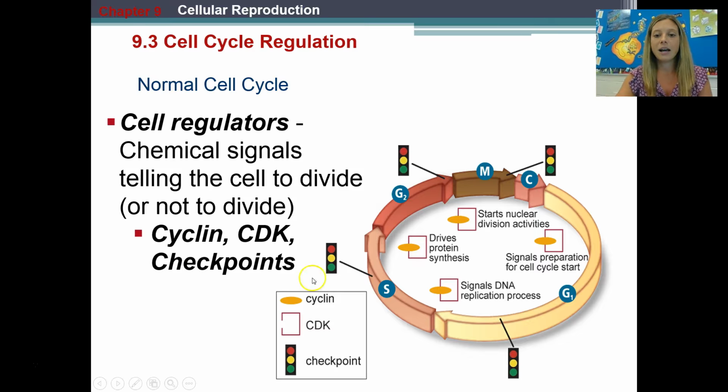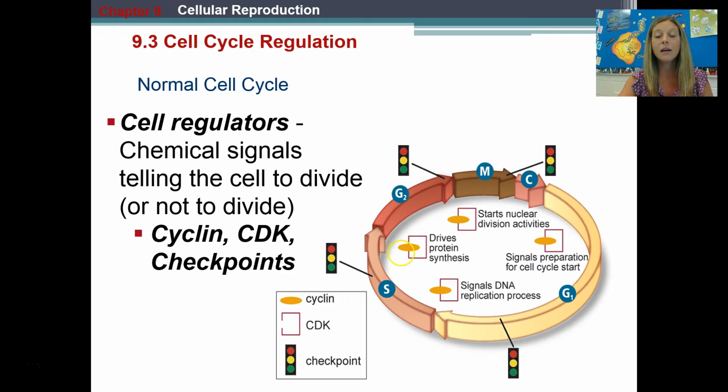So we talked a little bit about how in that G2 phase, we have our checkpoints. Those checkpoints are two things working together, cyclins and CDKs. And these are enzymes and proteins that are working together to tell the cell whether or not it should divide. So at all of these little checkpoints, it checks to make sure, okay, was everything done correctly? And if the answer is yes, then it sends a signal to the cell that says, okay, keep going through